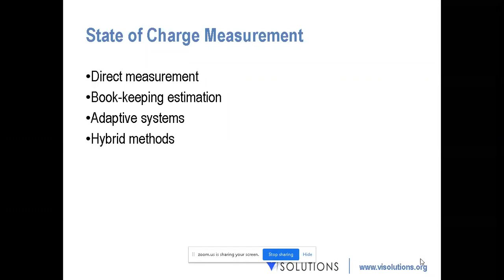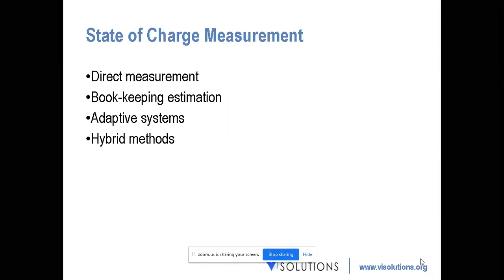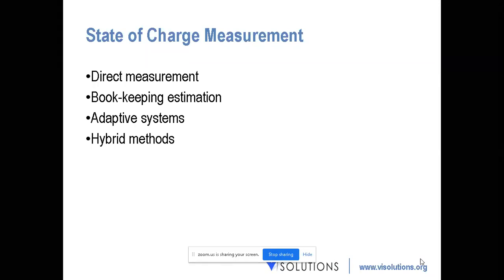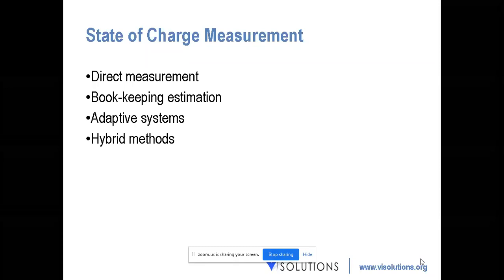Right, and adaptive systems also come in. Right now the power of computation has increased. People have pulled in the resources, and they are keeping the power of AI inside an embedded system itself. So by using the power of AI in embedded systems, smart batteries are now a thing. They are able to do neural network based battery state of charge estimation, and sometimes hybrid methods, a combination of adaptive and bookkeeping, are also being done.